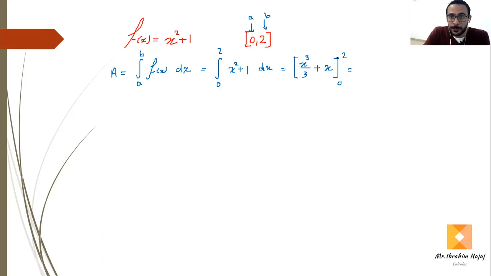0. When we plug in 2 for x, it gives 2 to the third power, which is 8, over 3 plus 2. When you plug in 0 for x, it gives us 0 over 3 plus 0, which is all 0. So my final answer is 8 over 3 plus 6 over 3, or 2, which gives 14 over 3